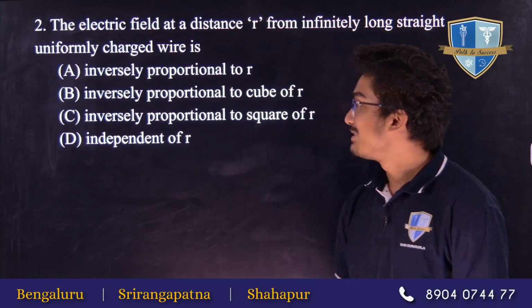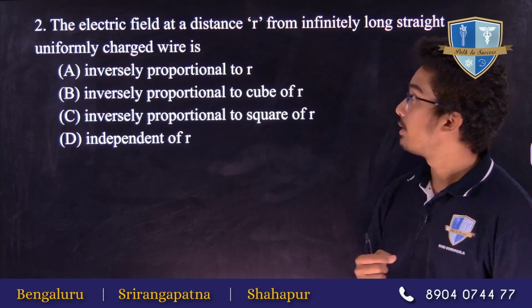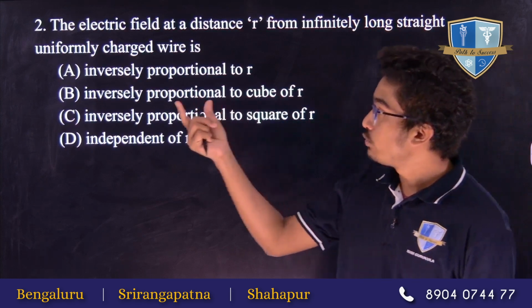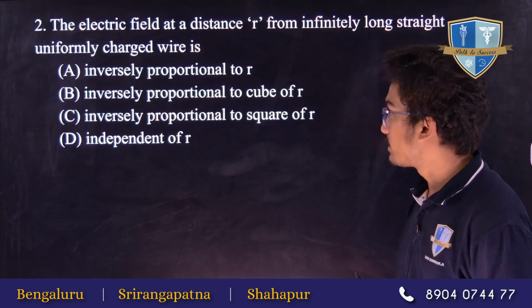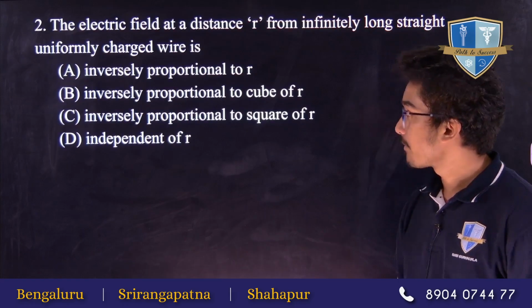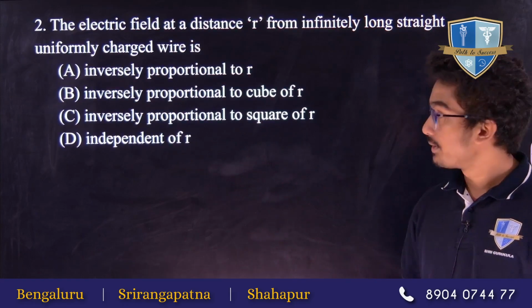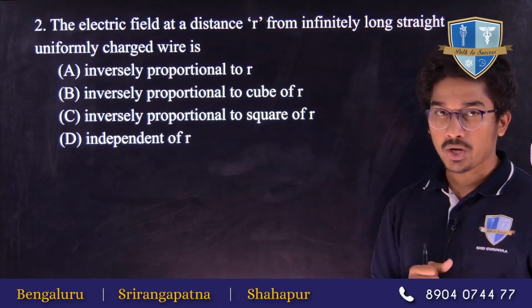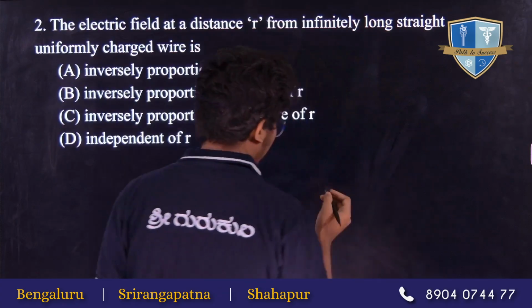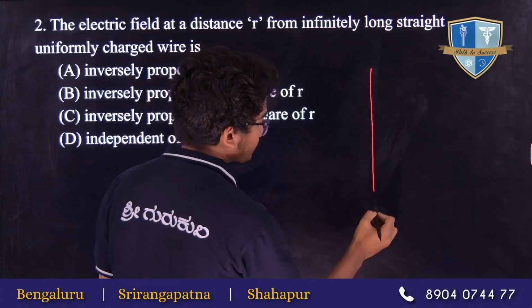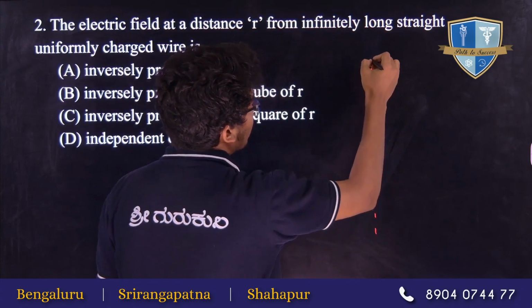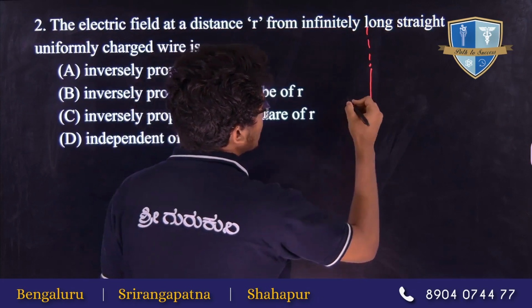So next question: the electric field at a distance r from an infinitely long straight uniformly charged wire is. Our options are: inversely proportional to r, inversely proportional to cube of r, inversely proportional to square of r, or independent of r. So for an infinite wire, an infinite uniformly charged wire, let's suppose the charge density of this wire